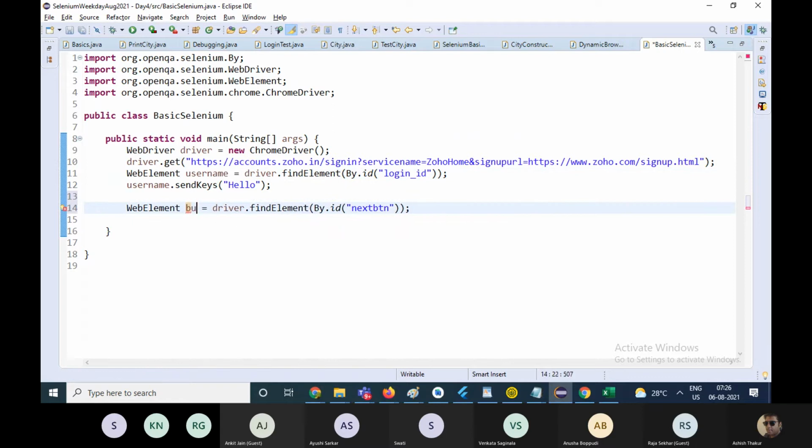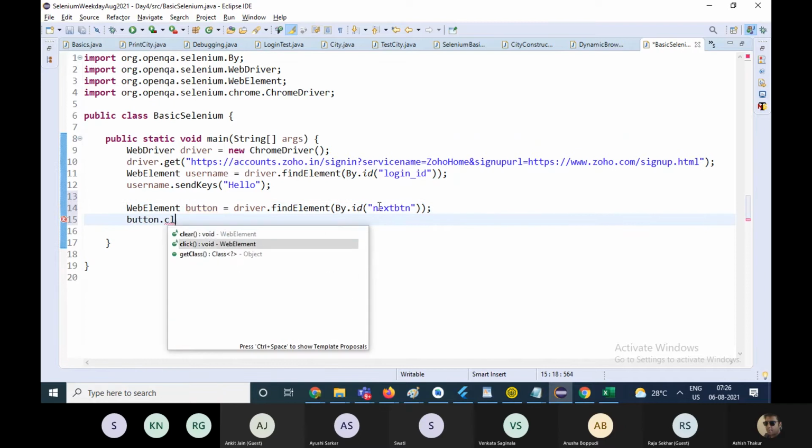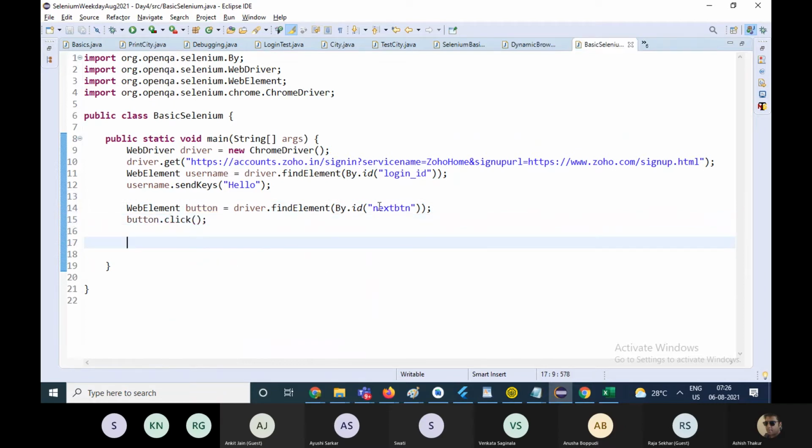This is the button. And what do you want to do with the button? You want to click on it. So a driver dot find element will always return you a web element. And then you fire the web element function.